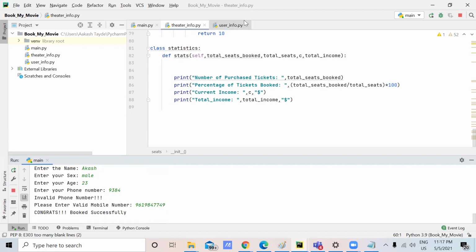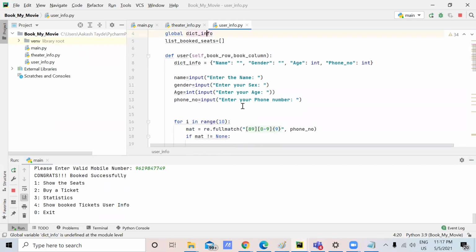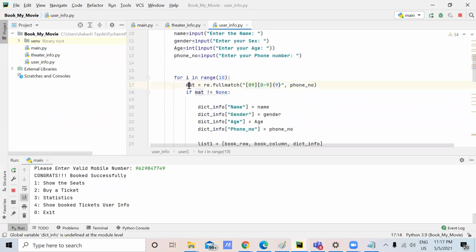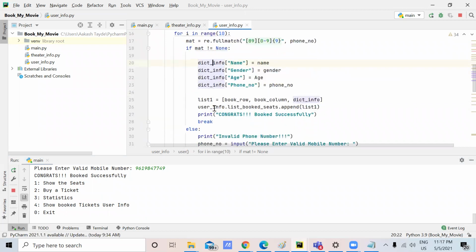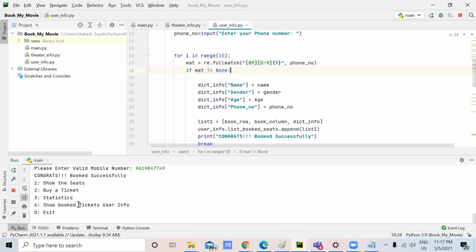So this is coming from the user information where I've imported the RE module, which I've created a regex file here where you can see a regex, which is checking the phone number which is entered. So it will book successfully only once I enter the right mobile number.